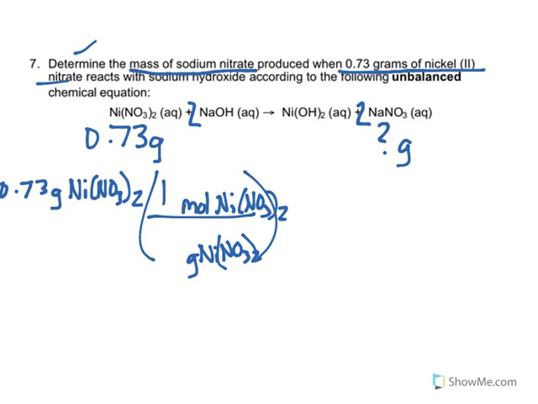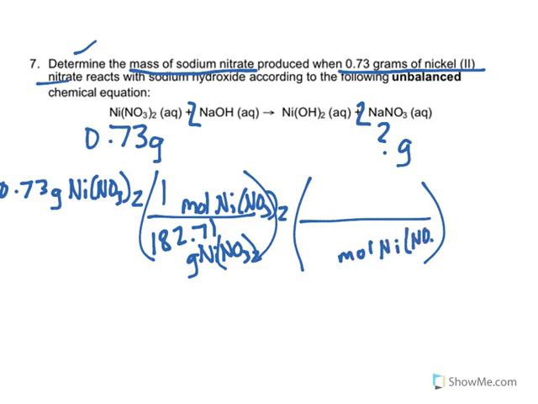Nickel is 58.69 plus 14.01 for the nitrogen, but there's 2 of those, plus 16 for the oxygen, but there's 6 of those, getting a molar mass of 182.71. Now, I don't want mole of the Ni(NO3)2. I'm after mole of NaNO3, and I see a 2 to a 1 ratio here, 2 to 1, and now